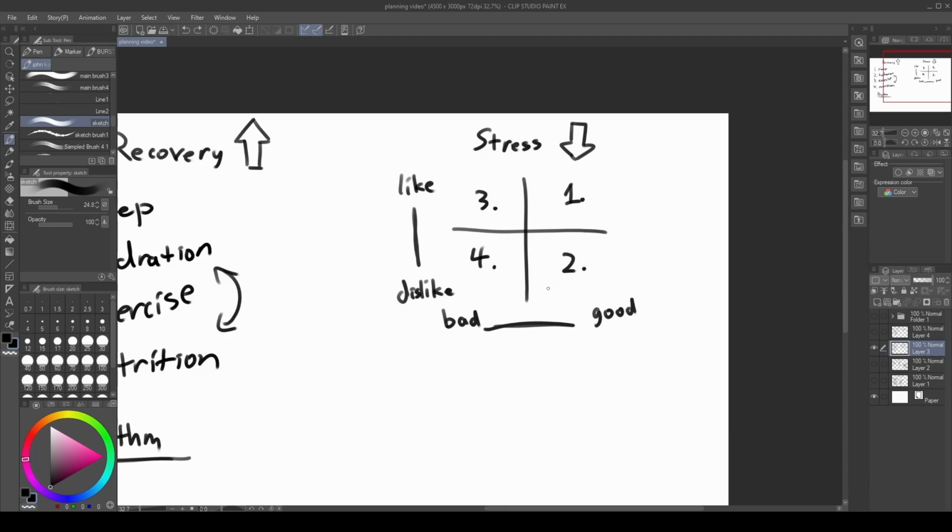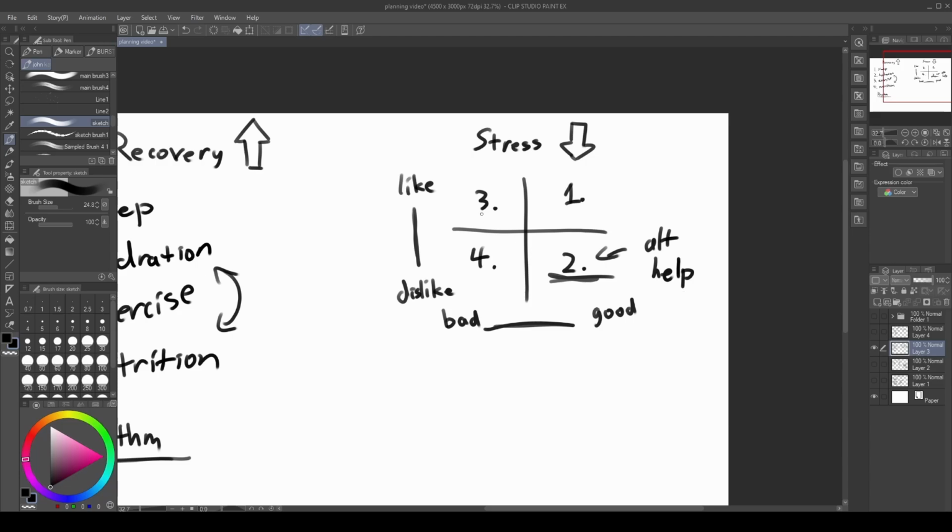Next, if it's good for us but we don't enjoy it, this is not ideal, obviously. If it's in here, we should look for alternative ways to complete the task or to get the same effect, right? This especially includes asking for help or replacing it with something with similar benefits.